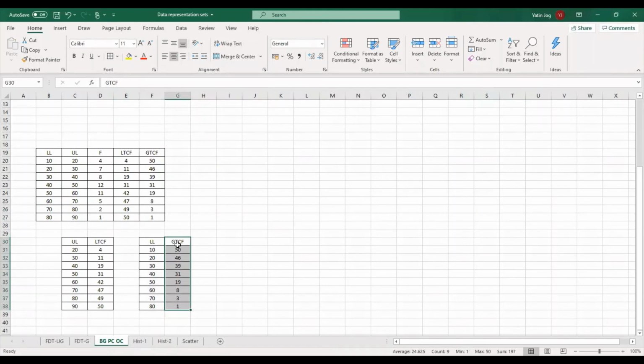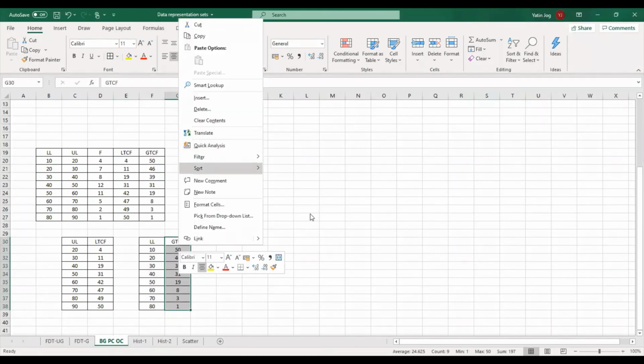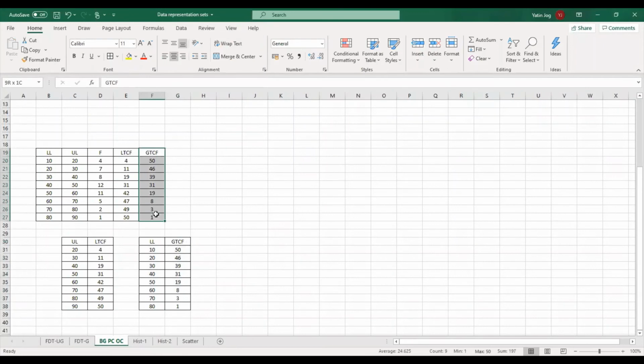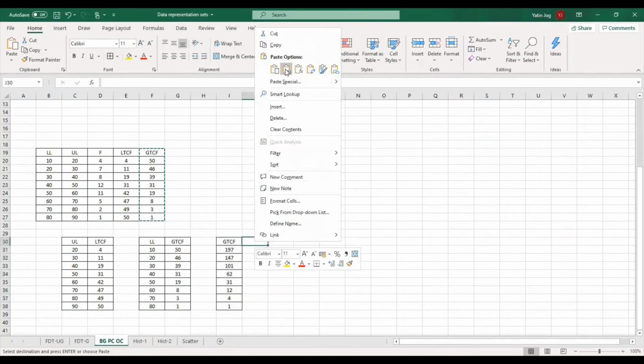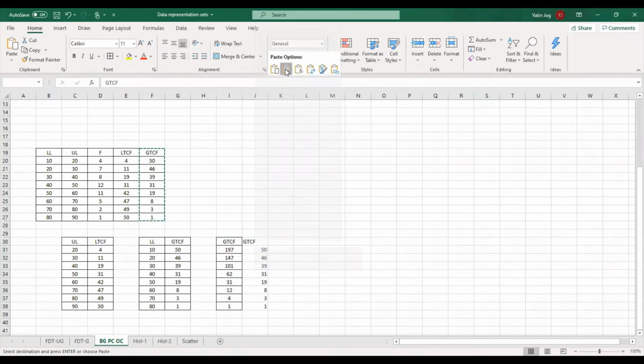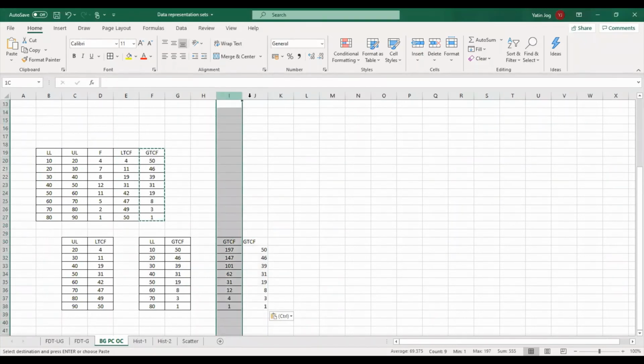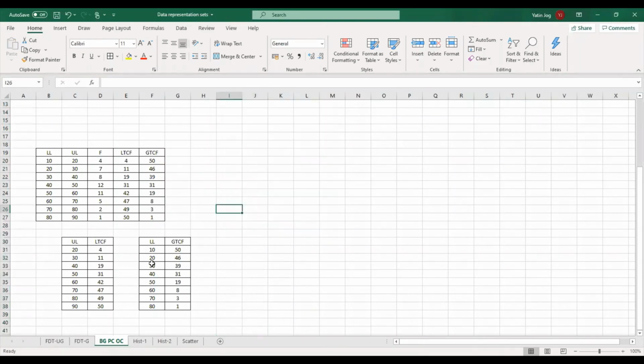Now, while doing copy and paste, because these values consist of formulas, if I just try to copy them, it will give something else. So what I have to do is paste as values only. Then it will paste the actual values, irrespective of the formula. So always remember, if you want to copy the values, paste them as values only.